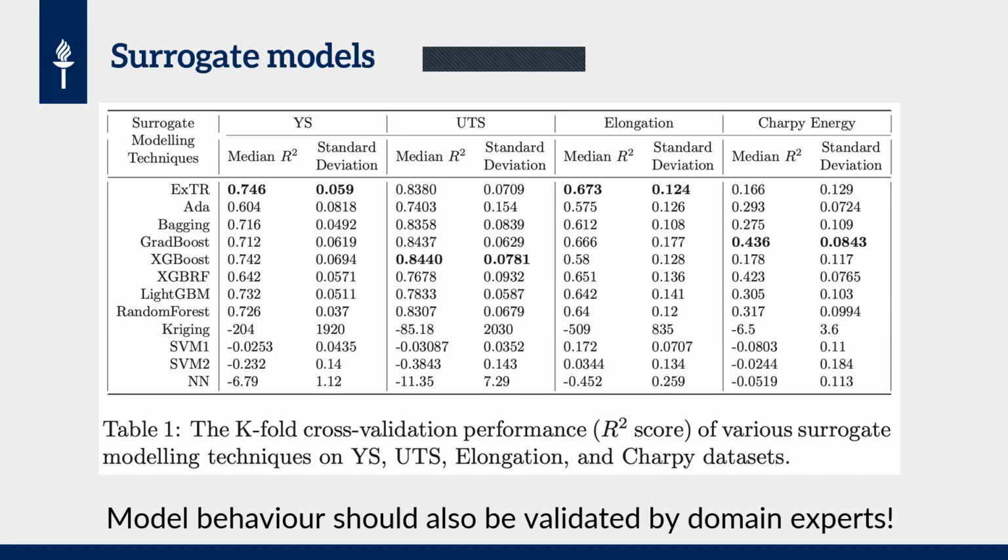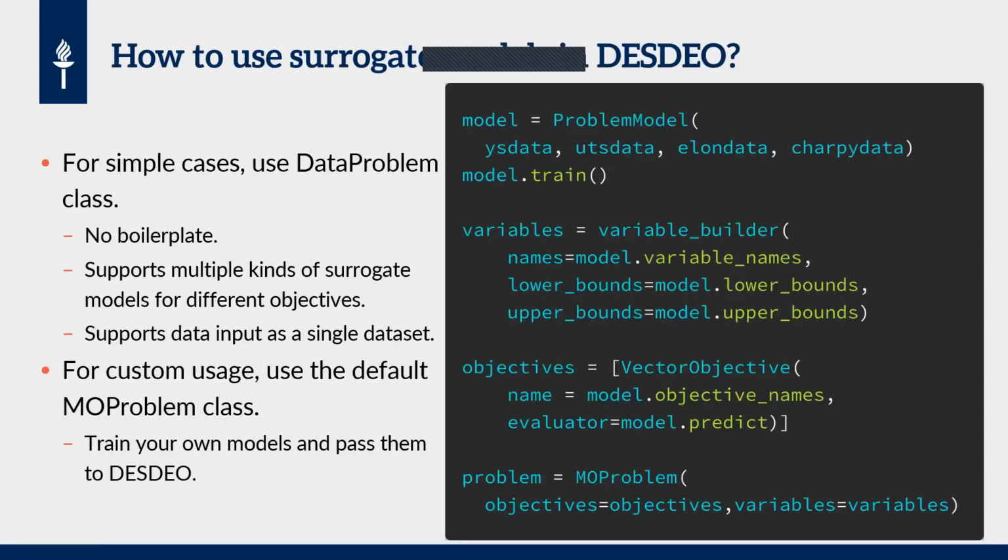How do you do it in DESDEO? As you mentioned, we have this data problem class where things are very simple. There is no boilerplate needed. You can just give it the data set directly, tell it that, okay, these are the names of the objectives or the decision variables. It will find those decision variables and objectives in the data set and create this data problem class